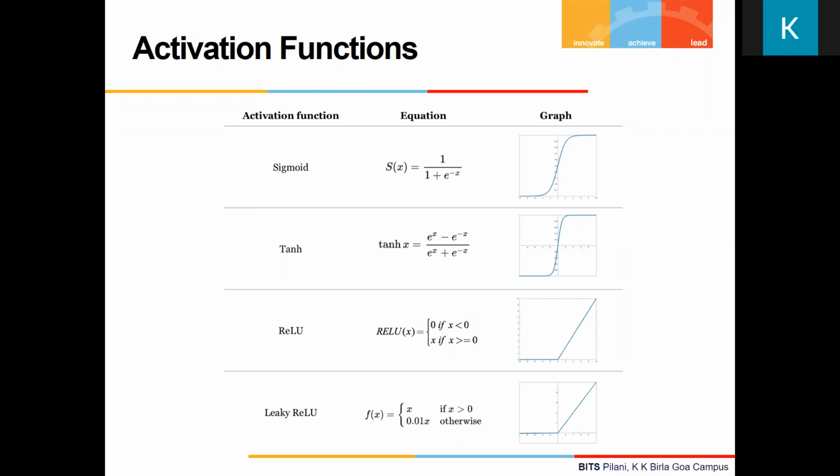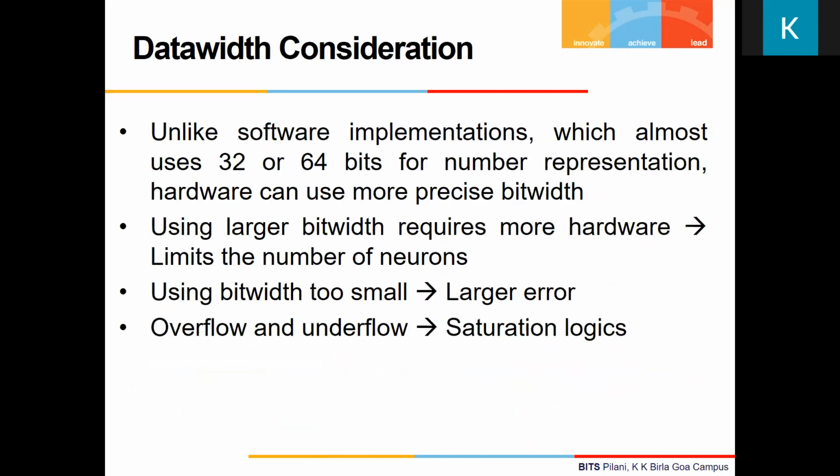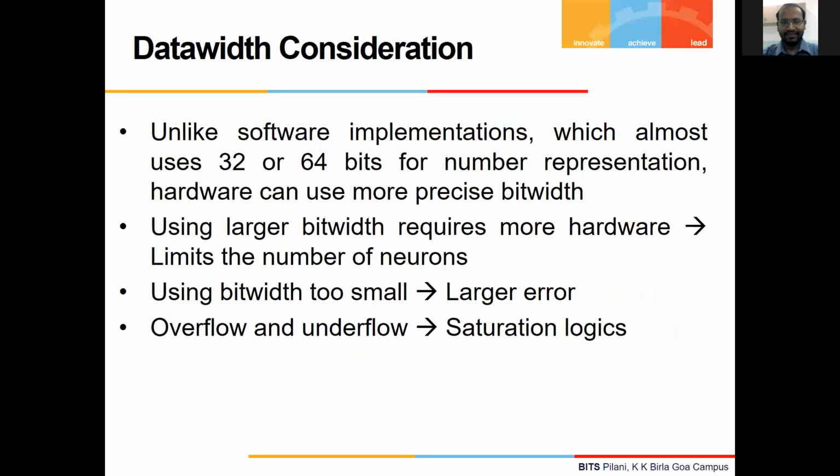Okay, next one, activation. Sir, I have a question on the data width considerations. Yeah. So, don't call me sir at all. For the data width consideration, when we use a bit width that is too small, there is a situation of getting a large error, right? Yes. In one of the sessions yesterday, we were introduced to the binary neural network. So how would that perform better, or what is significantly different there, which gives us an optimal solution?